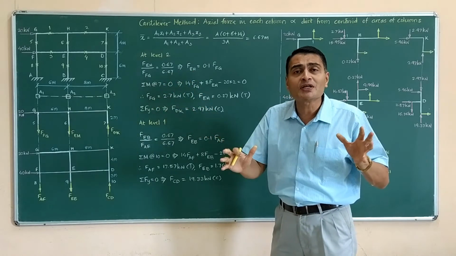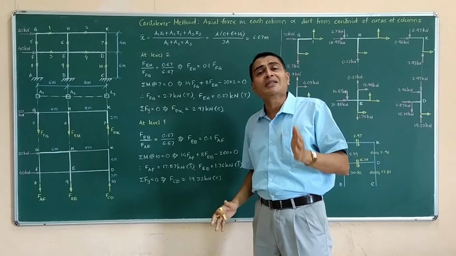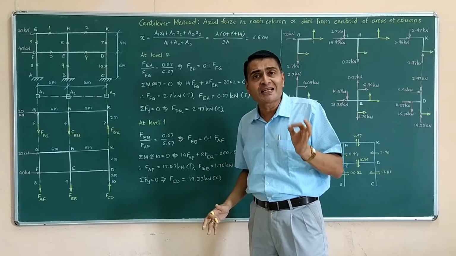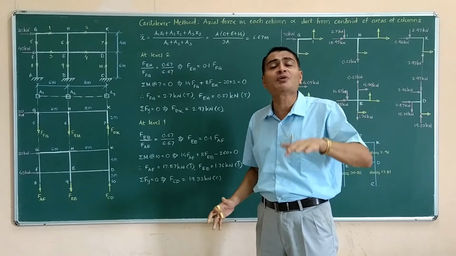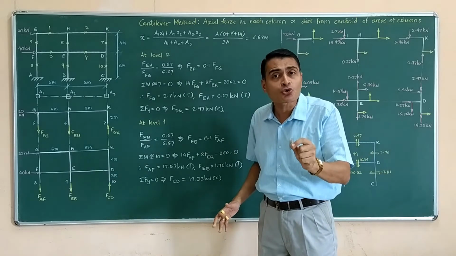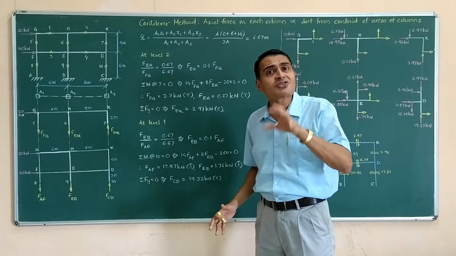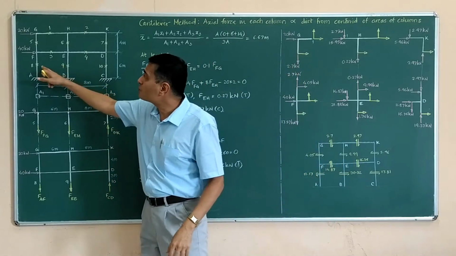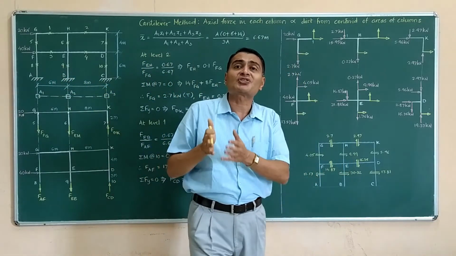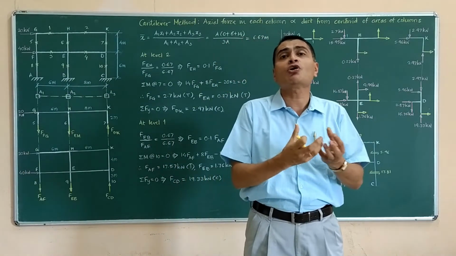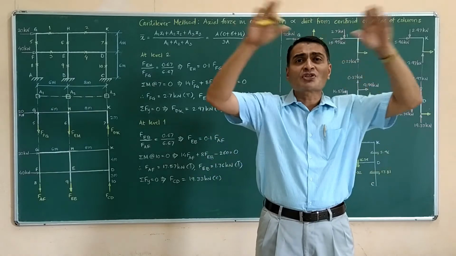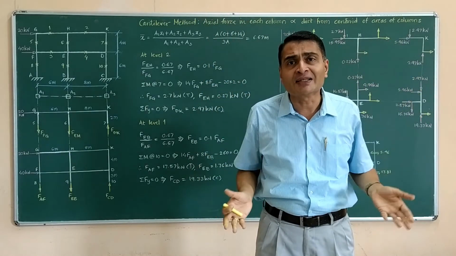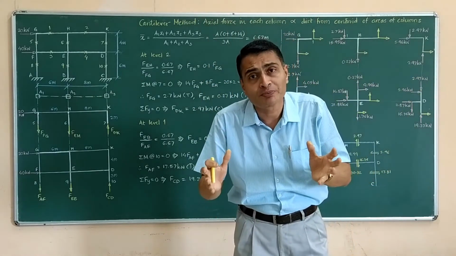So what are we doing? First of all, understand that the third assumption, the cantilever method assumption, is not regarding shear carried by a column but axial force carried by a column. And what is the assumption? Each axial force is proportional to the distance of that column from the centroid of areas of that column group. Column group means first storey, second storey, like that. That's why I am calling it a column group.